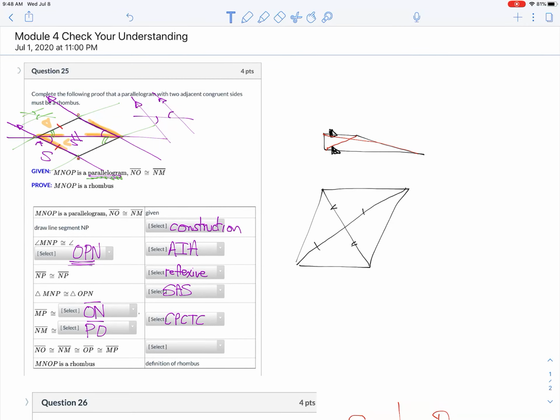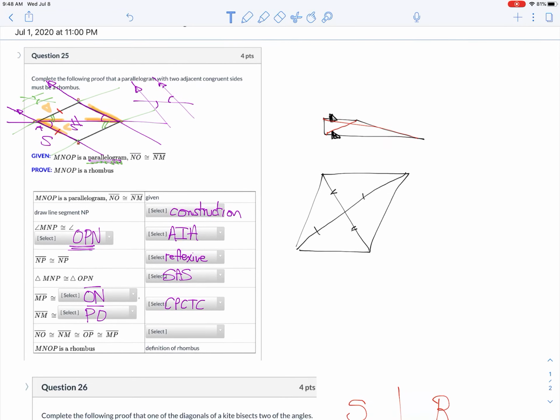CYU, check your understanding, number 25. I've included this one because there's one piece in there that is a little tough. Look at all the crazy drawings I've got here. Sometimes that is necessary, especially when you've got a quadrilateral and you know that you've got a parallelogram. It's okay to put those and extend those lines to know that they're parallel, because sometimes it's hard seeing the